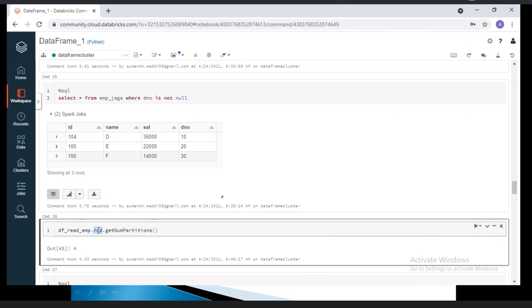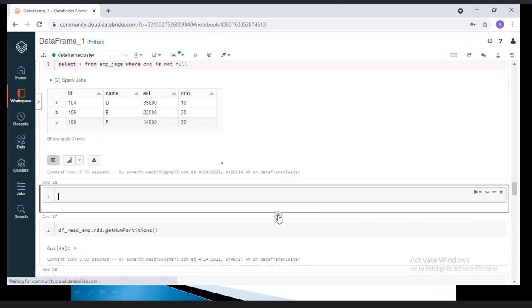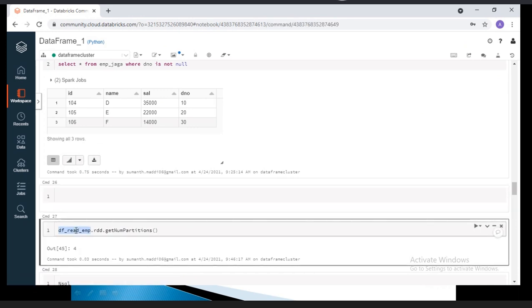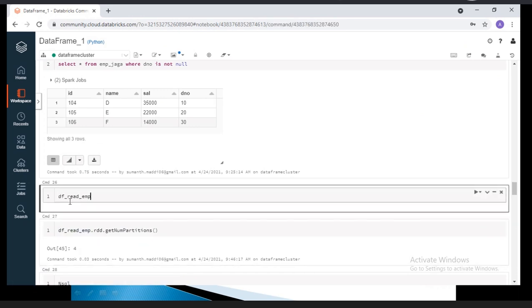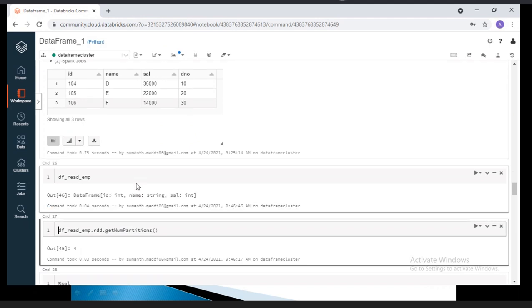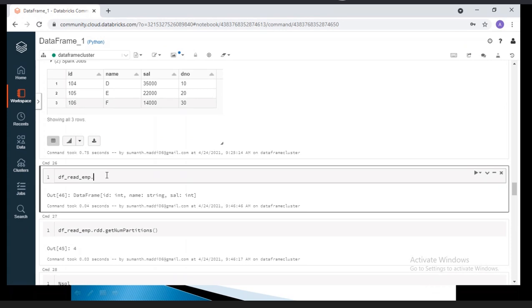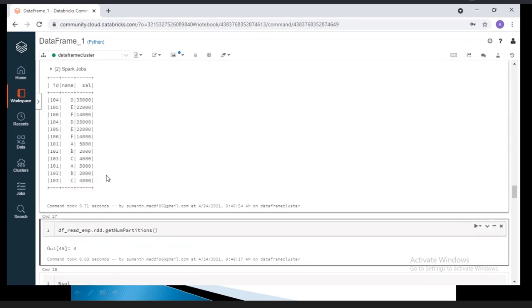Physically, the complete data is not moved. Still you have the data. Only to get your partitions you're converting.